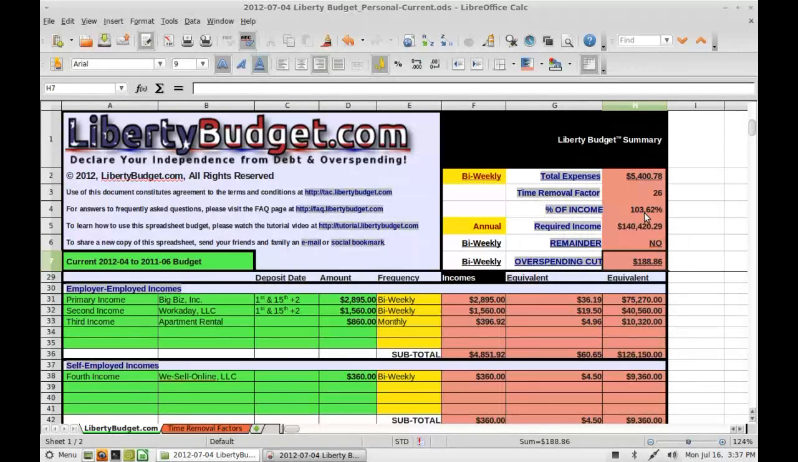obviously here 103%, where I'm spending more than I make in this fictional budget. And so that amount is shown here. I'm spending every 2 weeks, I'm spending $188.86 more than what I make. And this is based on all of my future savings, all of my future expenses, things like my car insurance that might be only due 2 times a year, to